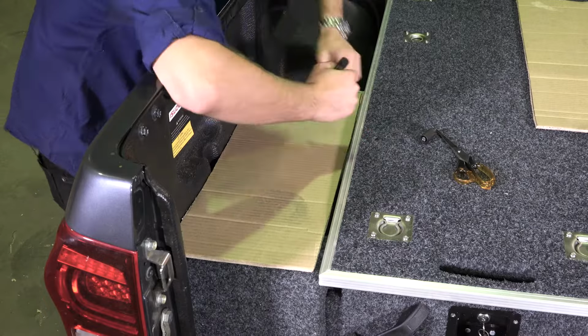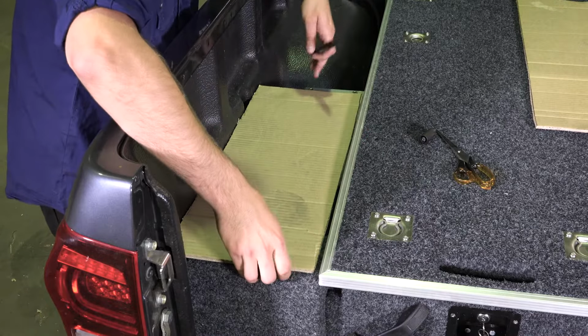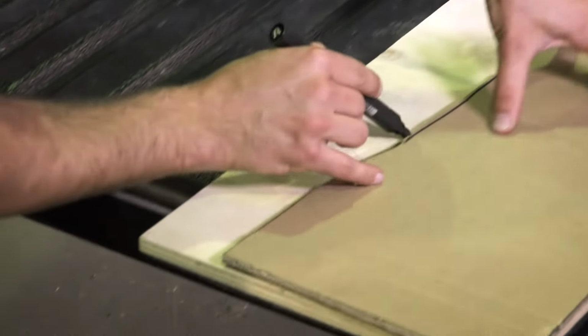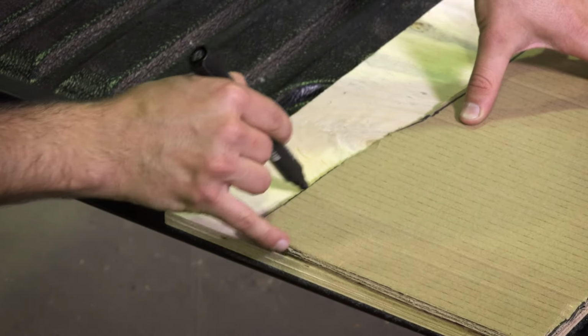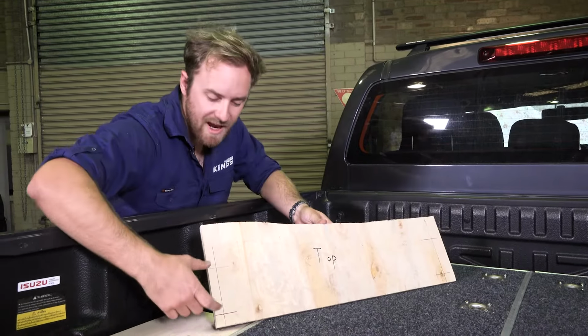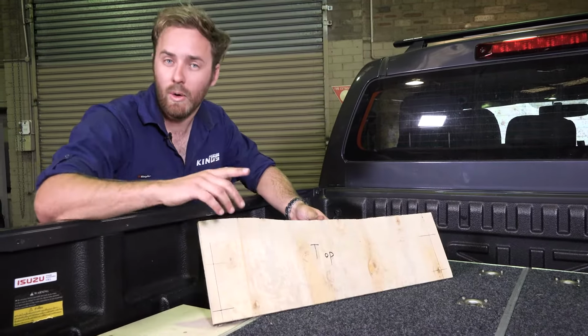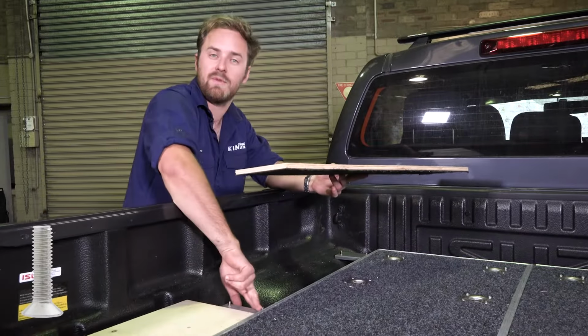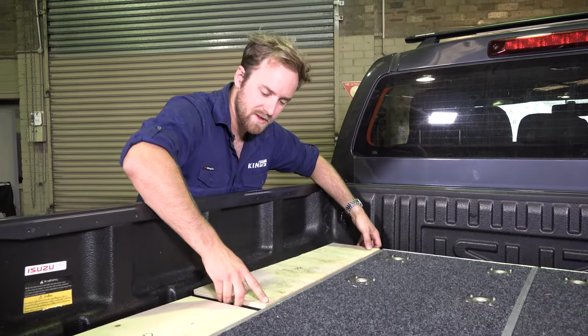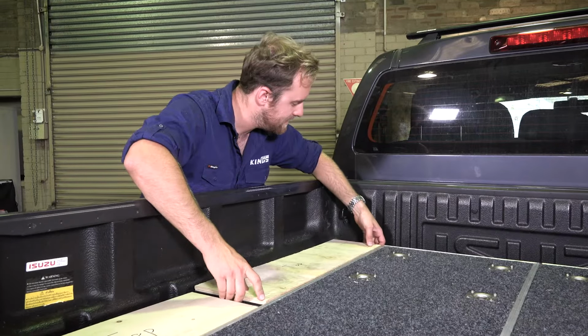Make the front template with the same method as the back one, taking the carpet into account. With your cardboard templates made perfect, transfer them onto your plywood and cut them out with a saw. So once your wings are finished, you can measure the spacing for the bolts, or you can put the bolts in through the bottom so they're upside down, position your wing on top so it's exactly where it needs to be,